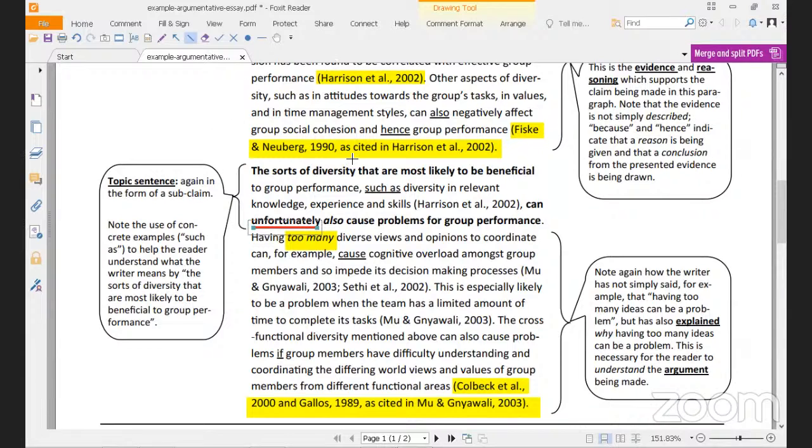Okay, we have more words that are underlined. Some transitions. And also we are using bold words. We have another topic sentence. As a subclaim,